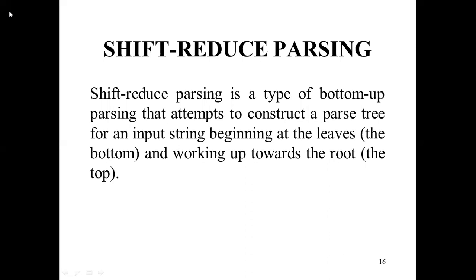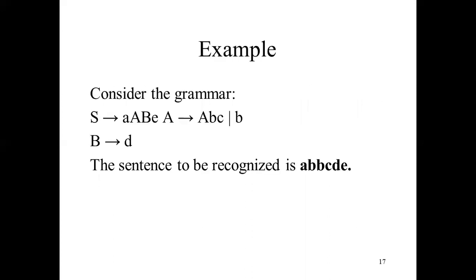Here we will start from the bottom and approach the top. That is called bottom up parsing. Now we are considering this grammar. S is given by small a, capital B, small e. And A is equal to A, B, C or b. So in place of this we can choose either capital A, small b, c, or for the complete one we can also choose small b. This is the given grammar, we cannot change it, because it is already given.